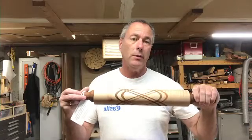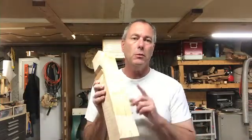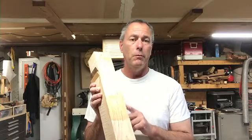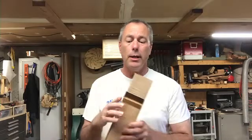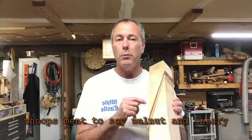Welcome to the shop. Today's demo is going to be on how I make a blank for these Celtic knot rolling pins. I start out with a 3" by 3" by 15" long block of curly maple, and then I insert into it 2 strips of contrasting wood. This one has maple and cherry in it, and I will show you how I cut these slots and produce